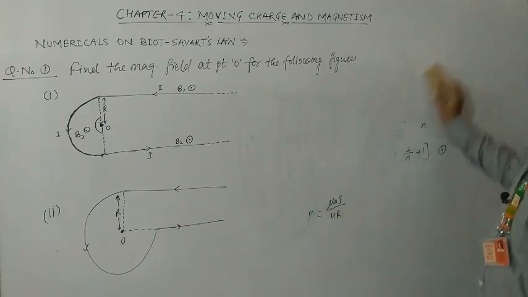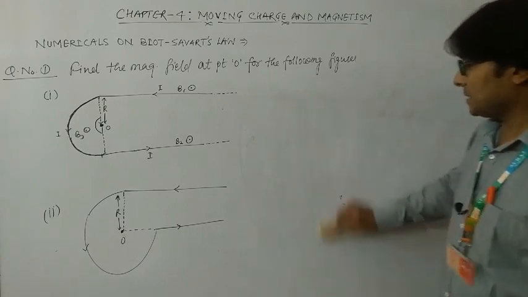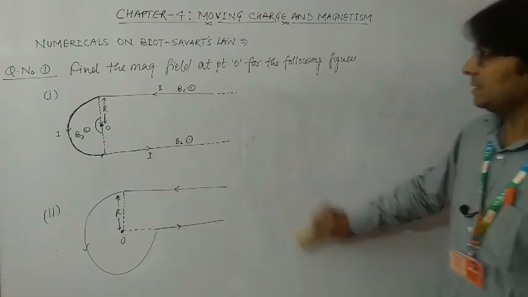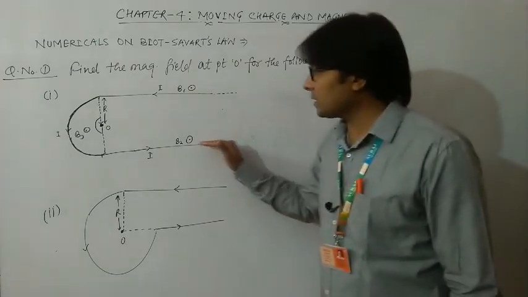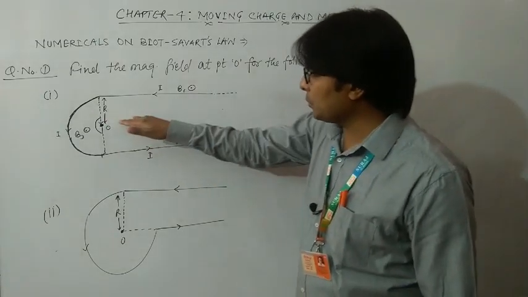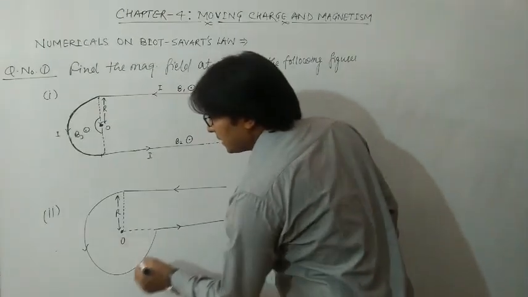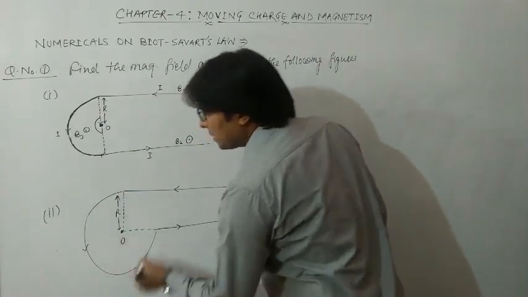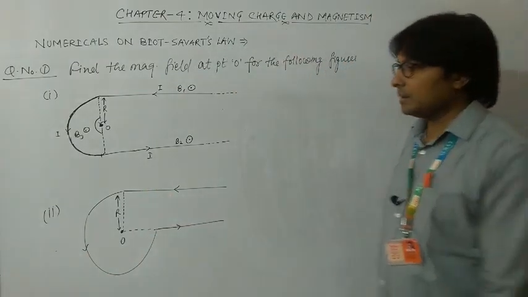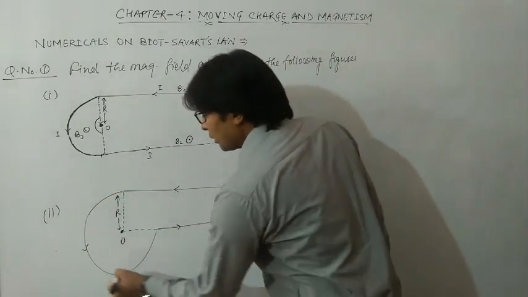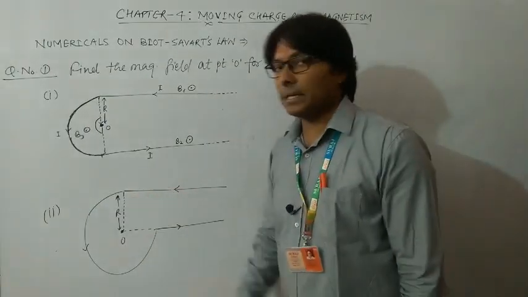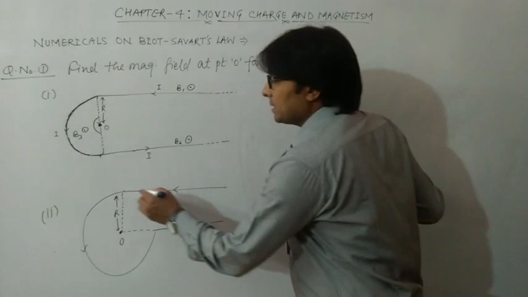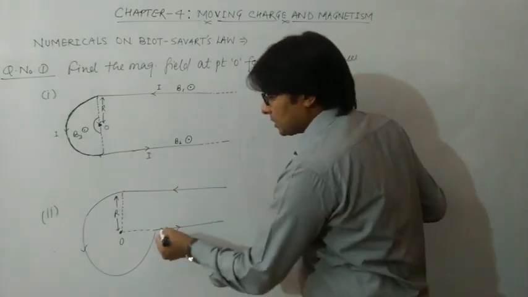In the second question, what is the change actually? The change is that this wire is bent up to this part. So this circle is having 3/4 part of the complete circle. This circular loop is 3/4 of the complete circle, and this wire is in the same position, but this wire